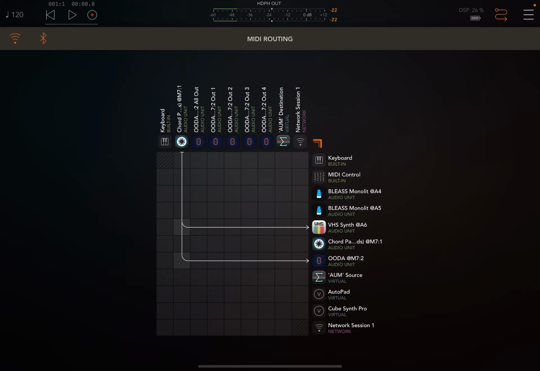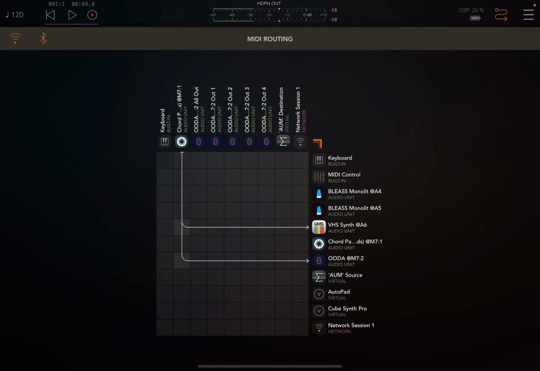The first out is all out, and so that's like a concatenation of the playheads 1 through 4. Believe it or not, I actually use that concatenation quite a bit. I'll route it to maybe drums or other things. But in this case, the first playhead's going to come out of out 1, and so out 2, out 3. So I think I did a